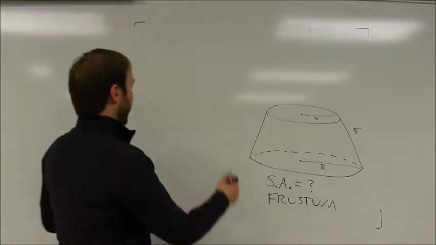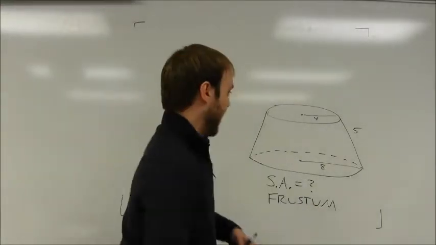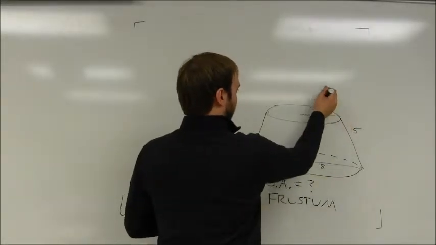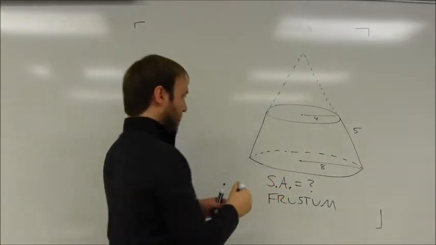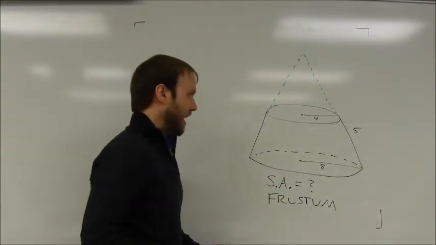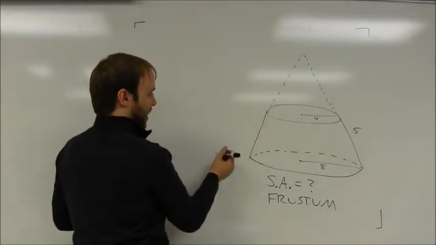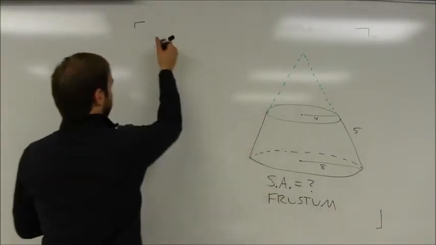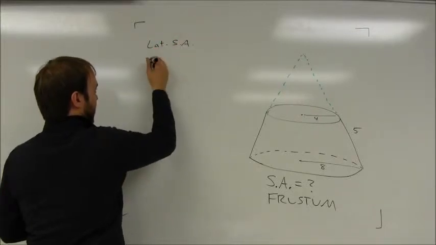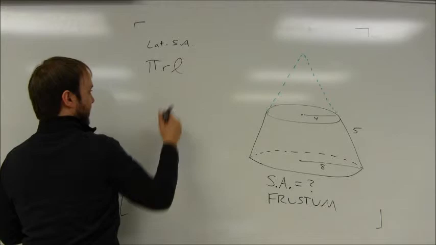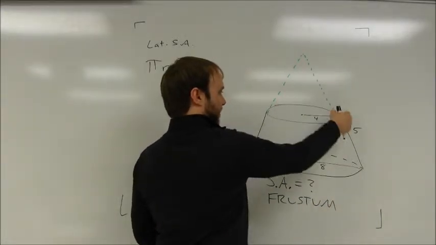So I'm going to use a couple facts here. First of all, this is part of a cone, and I like to draw what I refer to as the ghost cone, and basically fill in the rest of the cone. And what I do here then is, really I have a situation where I have some similar triangles. The lateral surface area of a cone is equal to pi times the radius times the slant height. Okay? And I have a piece of the slant height here, but I don't have the whole slant height